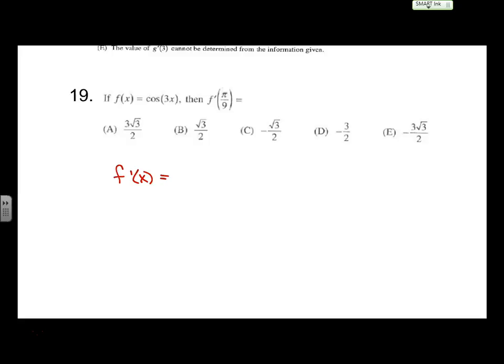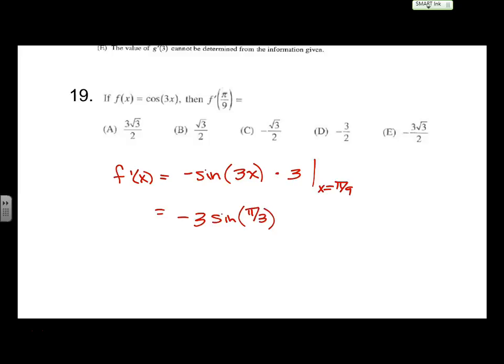Good. How do you find the derivative of cosine of 3x? So it would be the sine. Positive or negative? Negative sine of 3x, keep it the same, times 3. Yep, right. And then you plug in the values. Negative 3 times sine of, and you guys plugged it in.